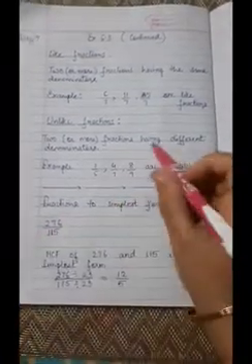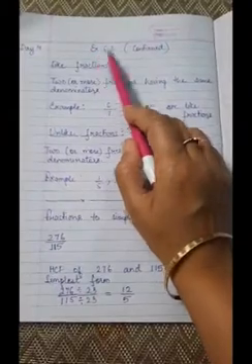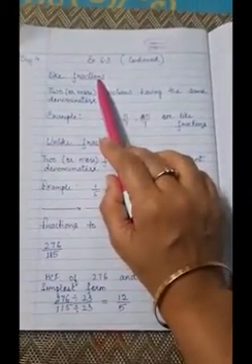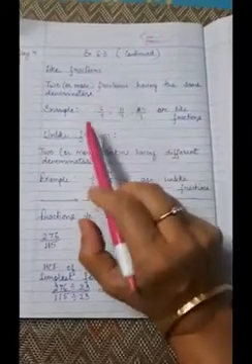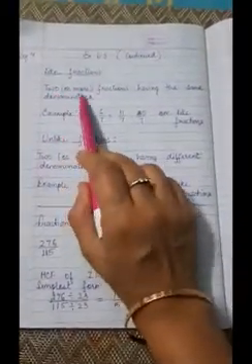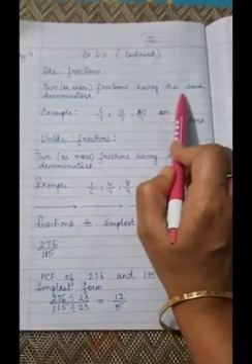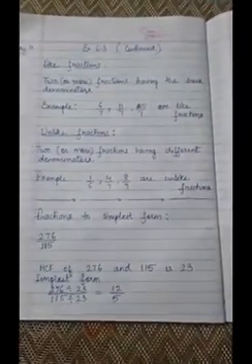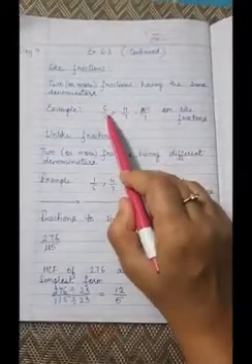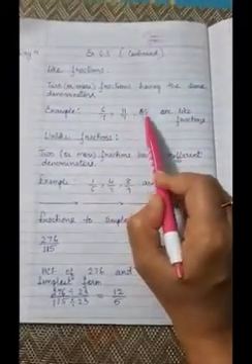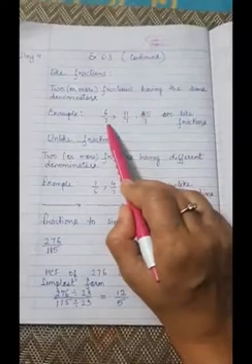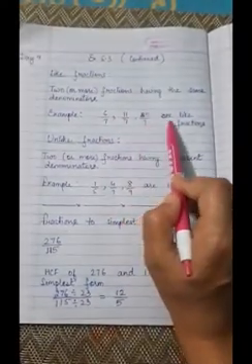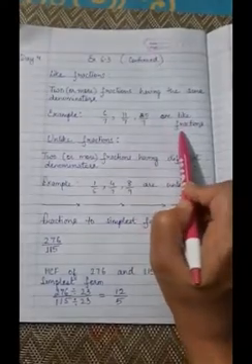Okay. So today we'll continue with exercise 6.3. But before we start the exercise, let us first understand what are like fractions and what are unlike fractions. Two or more fractions having the same denominators are called like fractions. So 6 upon 7, 11 upon 7, 85 upon 7. Everywhere you can see that the denominator is same. So we can say that these fractions are like fractions.